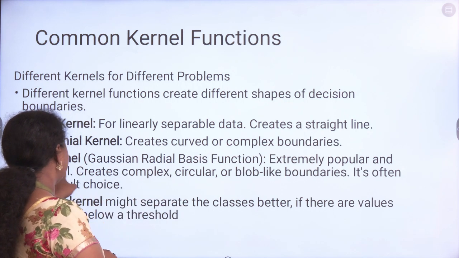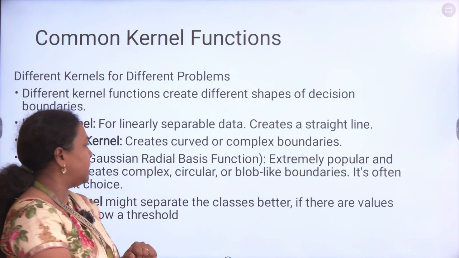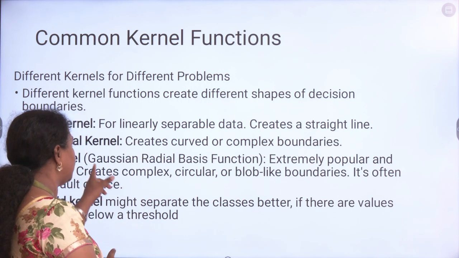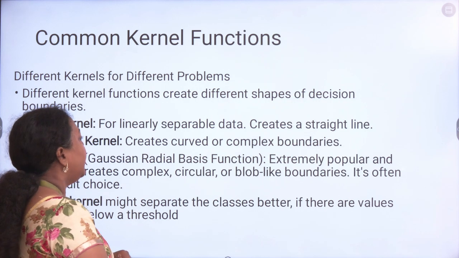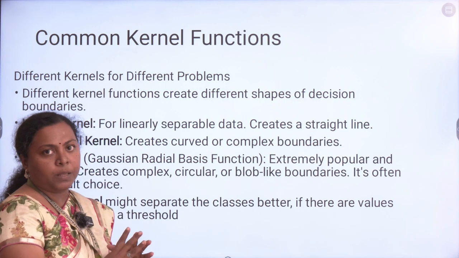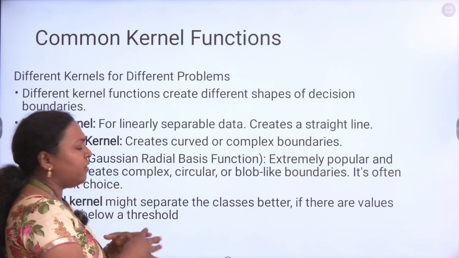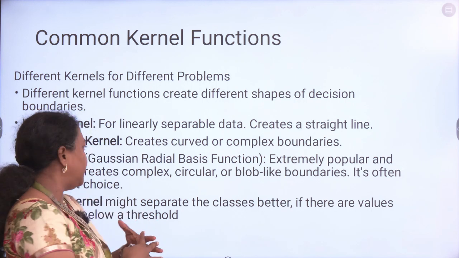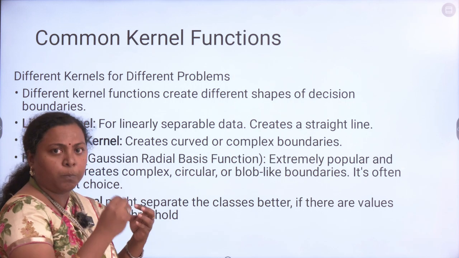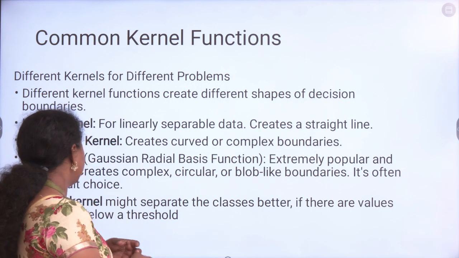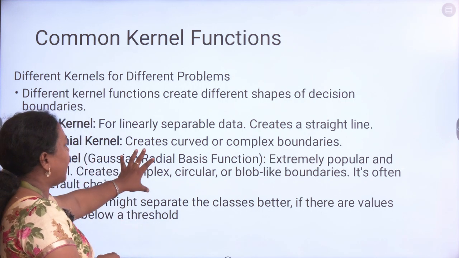And the RBF kernel, which is the radial basis function kernel, uses the Gaussian type. It is extremely popular and powerful because it can create boundaries for complex circular or blob-like data, so it has become the